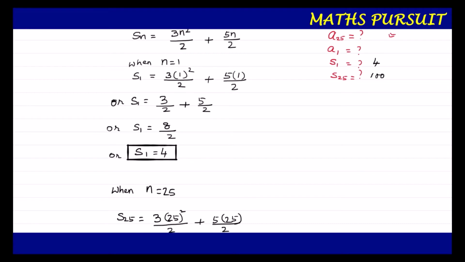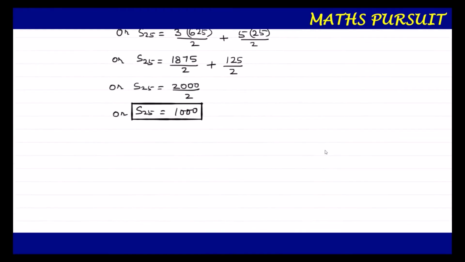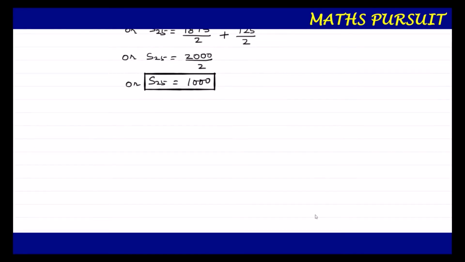Now we will move ahead in order to find out a1. Once we get a1, then we will also calculate a25. That is our ultimate aim. Now guys, we got S25. So after getting S25, let us move ahead and try to find out a1. We very well know that the sum of the arithmetic progression formula is given by